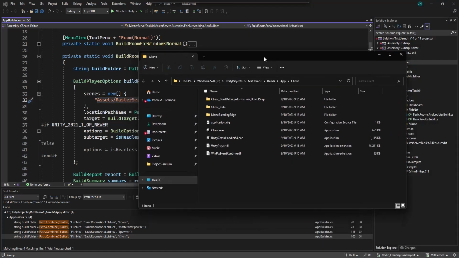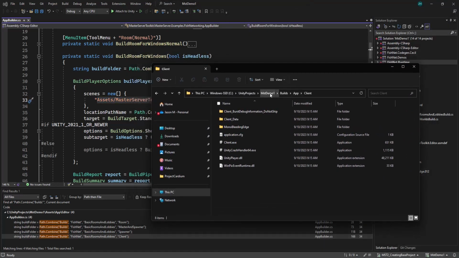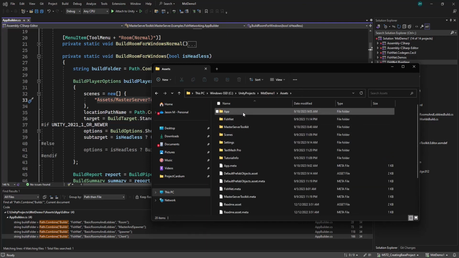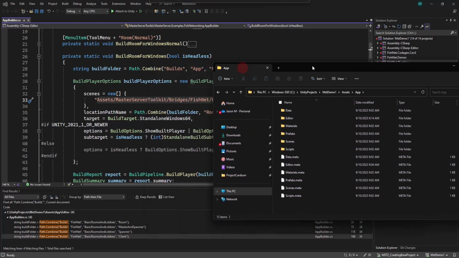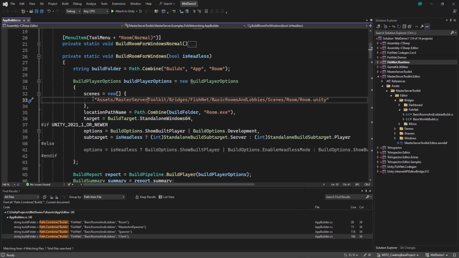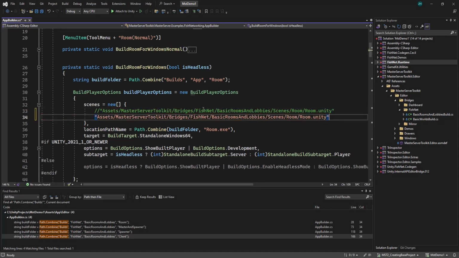And that new path, well, what is that new path? If we go into assets, that's now assets app. So instead of assets master server toolkit, bridges, fishnet, basic rooms and lobbies, scenes, it's going to be, let's go ahead and just comment out this one for reference, and then add a new one that's going to be